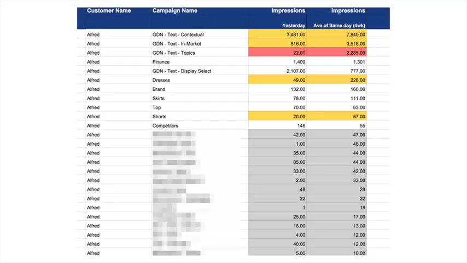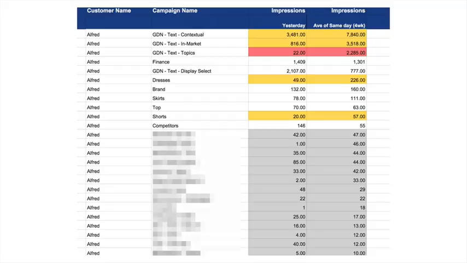But comparing yesterday's Tuesday to what I expect to see for a Tuesday, a red alert is a huge drop, a drop of 80% or more. And this is all explained on the how to use this tab, by the way, if you're curious. A red alert here is a drop of 80% or more. A yellow alert is a drop of 50 to 80%. And then it's white if there hasn't been a drop, or if there's been a gain. The grey ones there are if